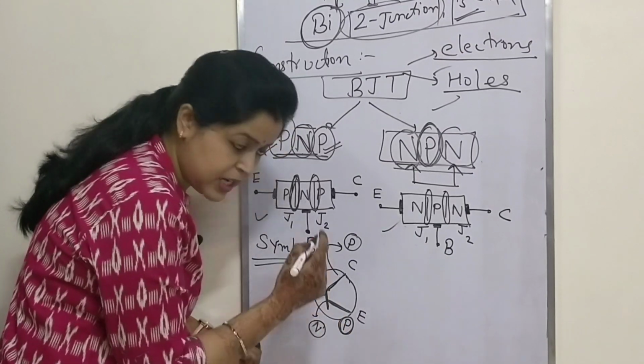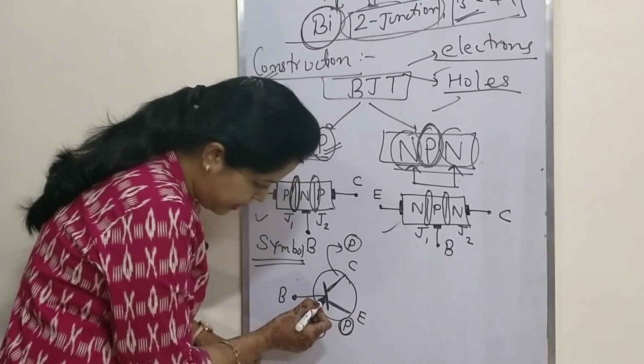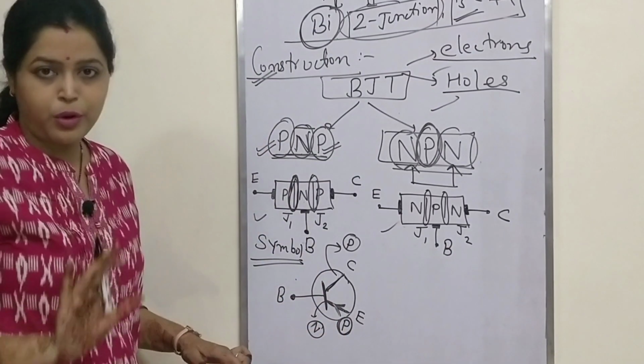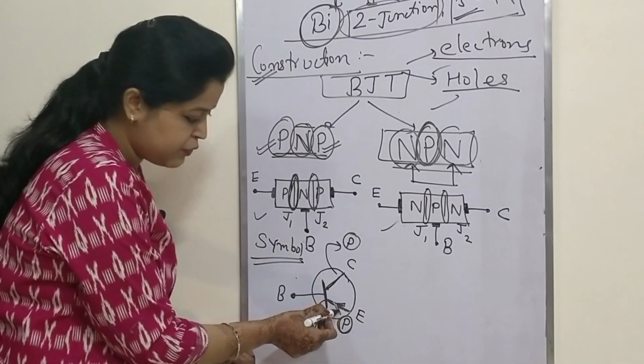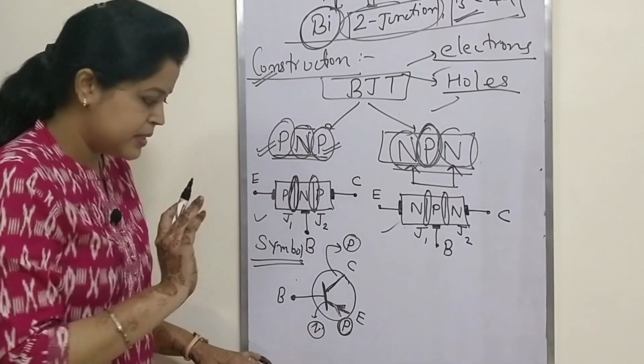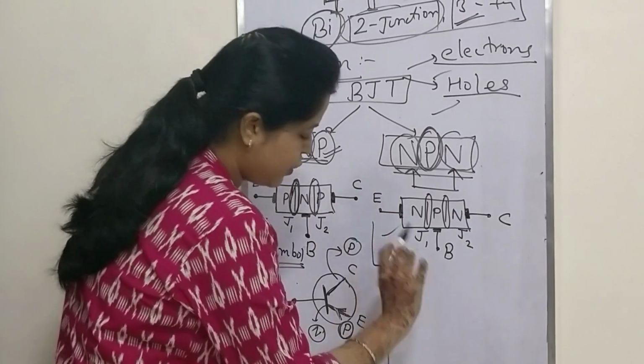Now the current will start to flow from P to N plate. So the direction of the current, or the arrow, is the most important, which shows the current is flowing from emitter to base terminal, from P to N. A similar symbol is for NPN